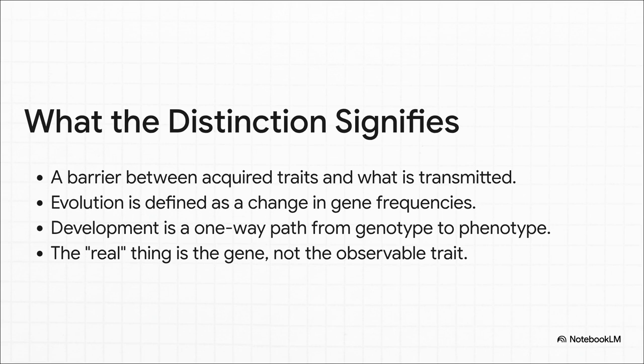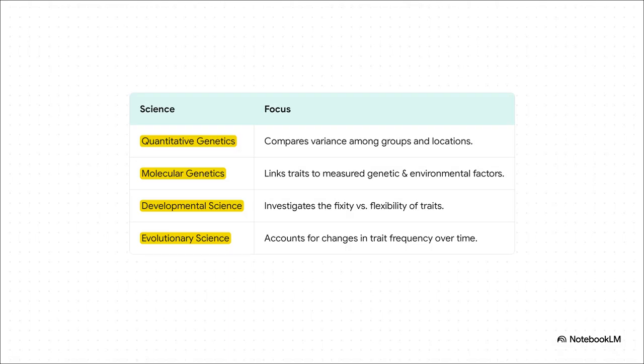And look at the powerful ideas that just tumble out from this simple distinction. It implies this hard wall between what you experience in life and what you pass on. It helps cement the idea that evolution is just a numbers game of gene frequencies. It makes it seem like development is this simple one-way street from DNA to you. And it even suggests that the real you is the gene, hidden away, and your body is just its temporary expression. It even shapes how we talk about the famous nature-nurture debate. We talk about it as if it's one single question. But in reality, it's a bunch of different sciences asking different questions in different ways. And sometimes that simple lab-born idea of genotype versus phenotype can actually get in the way of understanding the incredible complexity they're all trying to figure out.